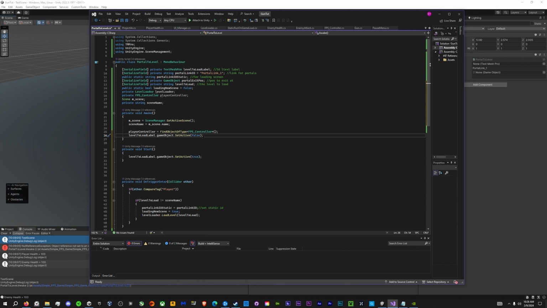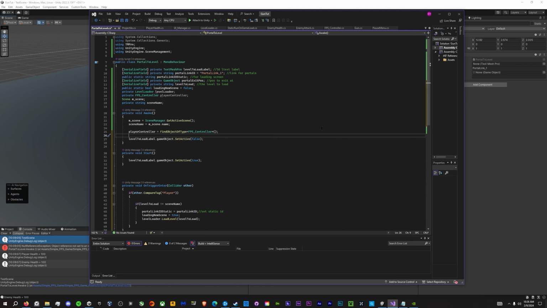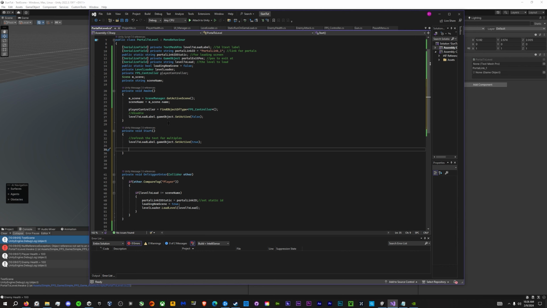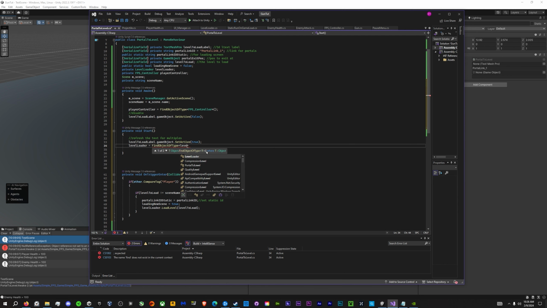It's kind of confusing, but that's going to disable and refresh the text for multiples. So it's just like some sort of bug with Unity and loading text. Sometimes you have to do that. Okay, and levelLoader equals FindObjectOfType LevelLoader,